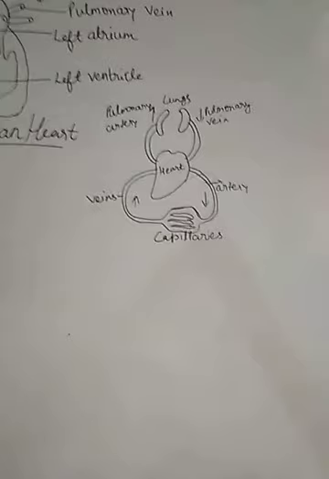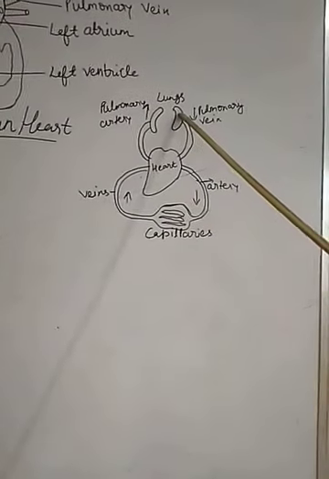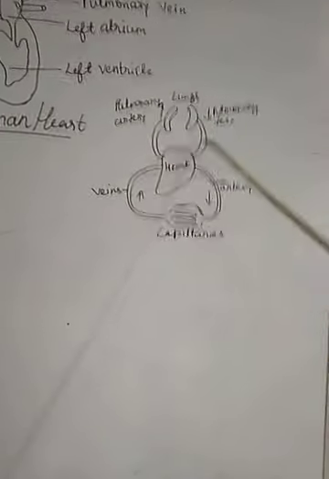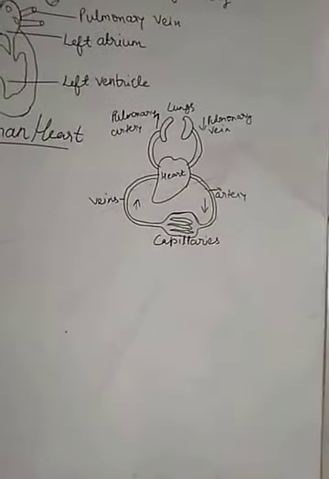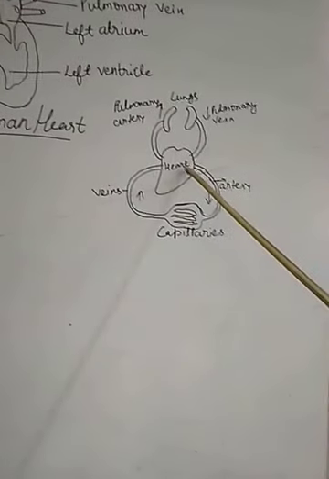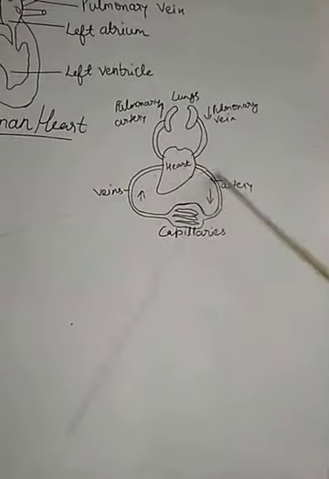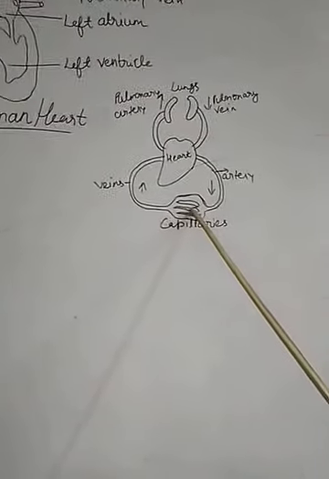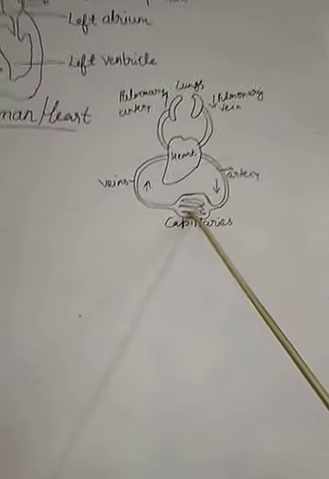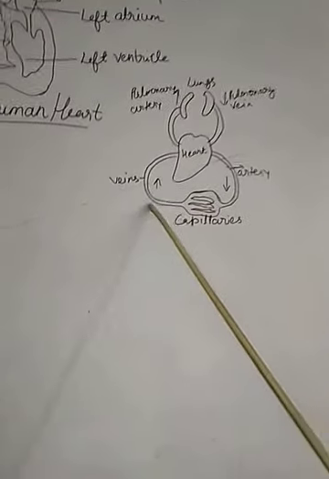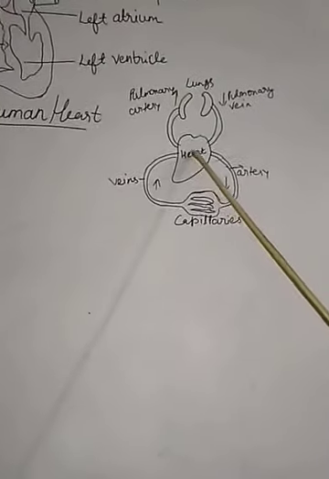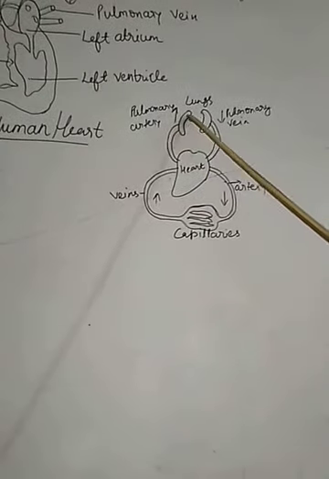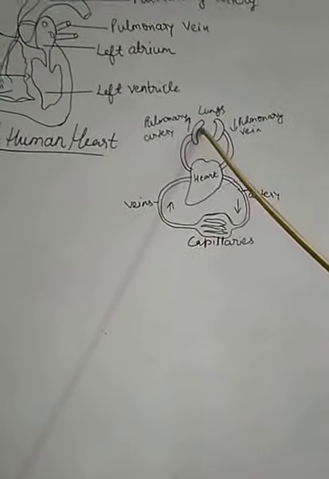The functioning of the heart is like this. The oxygenated blood is carried from the lungs to the heart with the help of the pulmonary vein, and the heart pumps the blood. After that the capillaries send it to all the tissues of our body, and again the deoxygenated blood is carried by the veins back to the heart, and from the heart the pulmonary artery carries this deoxygenated blood back to the lungs, and then it is removed from our body.